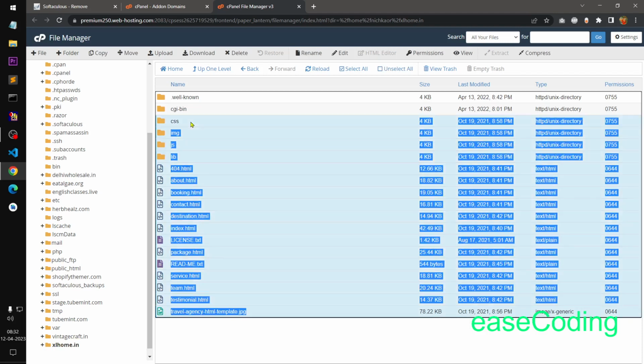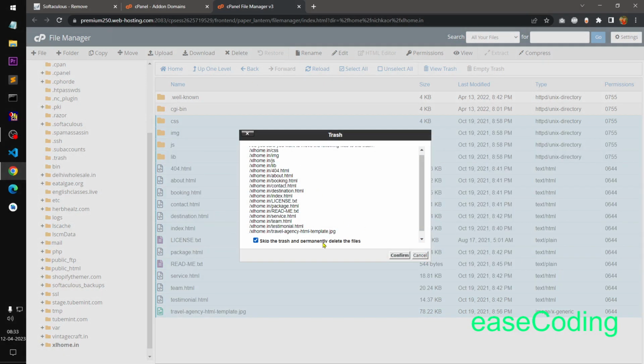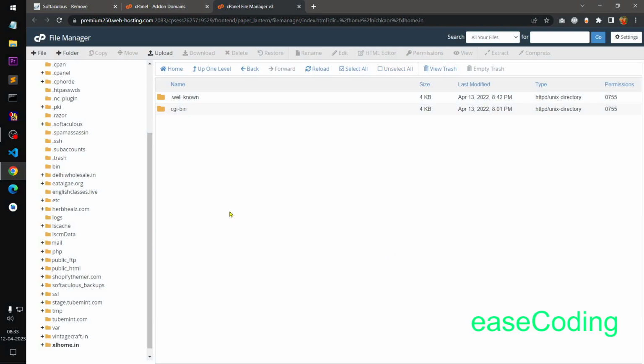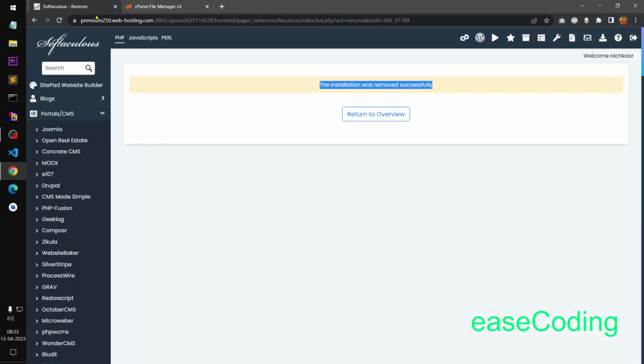Now I can remove everything from here. Select the last one and then select up to the top file or folder that you want to delete. Make sure you have pressed the shift key and simply say delete. Do not keep it in the trash, delete permanently. So that was the first thing, you can upload static websites. Now let me show you how you can install WordPress on your